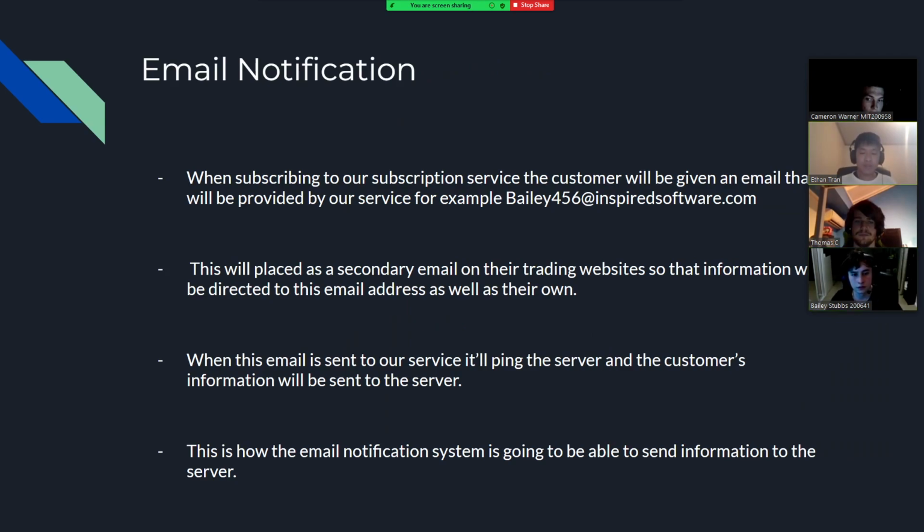Now, the way the email notification system is going to work is that when a user subscribes to our service, they will have to input two emails. Their personal email, which will be their primary email, and a secondary email that is generated by us. For example, Bailey456@inspiredsoftware.com. This secondary email on the trading website will